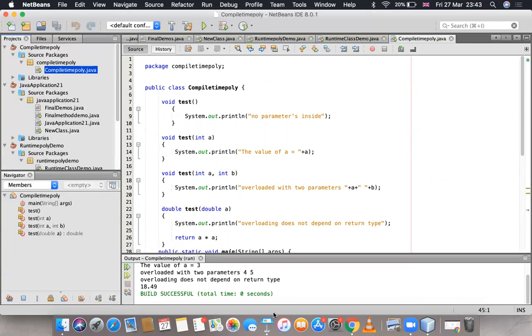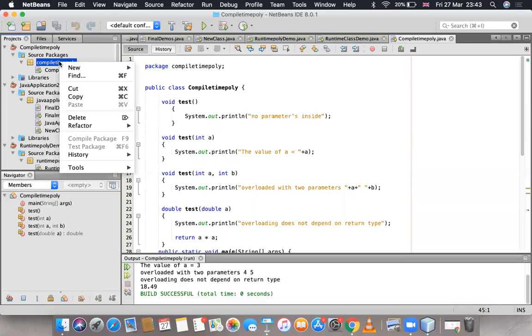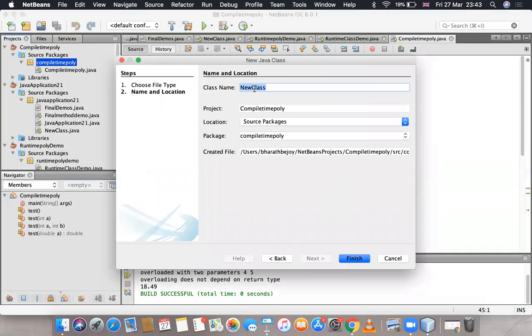Now let me tell you, not only methods, constructors can also be overloaded. So let us do one example for constructor overloading in Java. I'll write it as constructor overloading class.